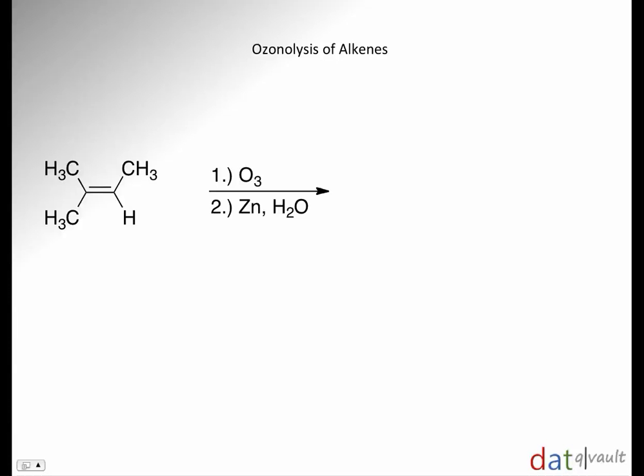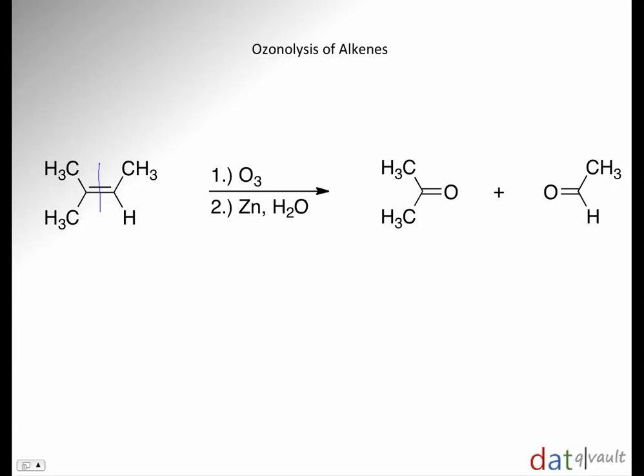Okay, so the last reaction that we're going to now look at is going to be the ozonolysis of alkenes. Again, this reaction has a complicated mechanism and it's something that you're definitely not likely to see on the DAT. But we want to know from this reaction what the products look like because ozonolysis is actually a very, very common reaction. So in ozonolysis, we just use O3 followed by zinc to cleave any kind of alkene in half